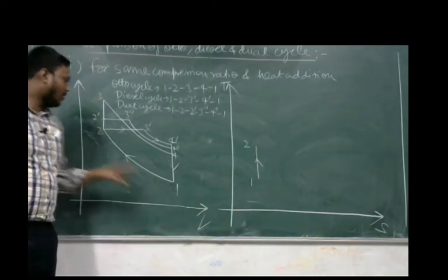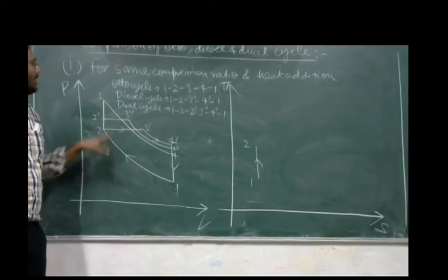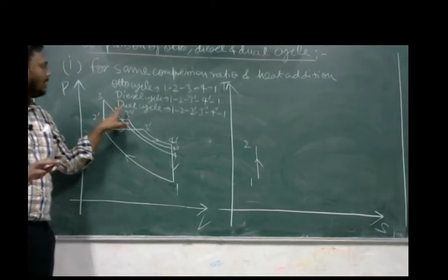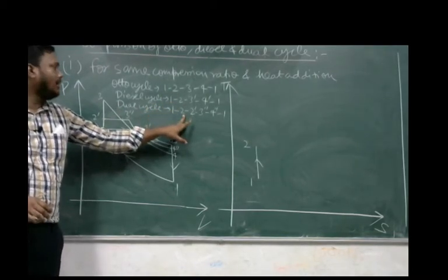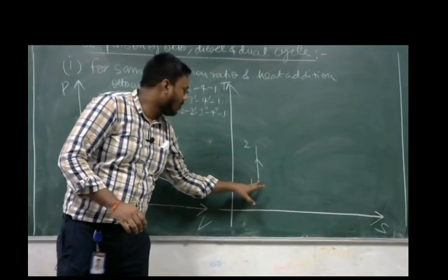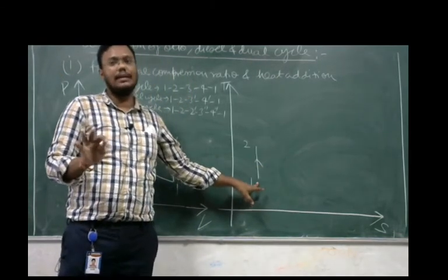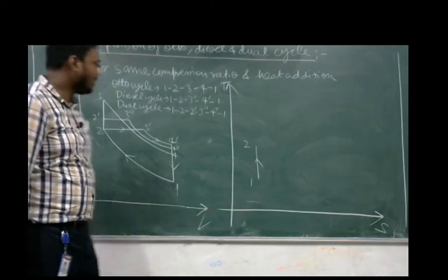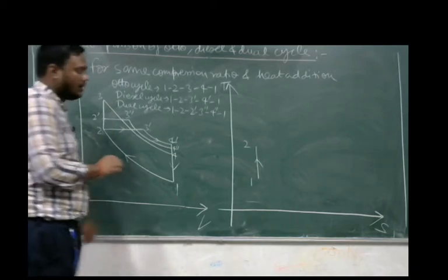Again, on the PV diagram, the process from 1 to 2 is the same for all the cycles: Otto cycle, diesel cycle, dual cycle. Similarly, you can see here 1 to 2, 1 to 2, 1 to 2 is the same. On the TS diagram also, from 1 to 2, the compression ratio will be the same for all the cycles. Now from 2 to 3, 2 to 3 is for Otto cycle, so we know how to draw the